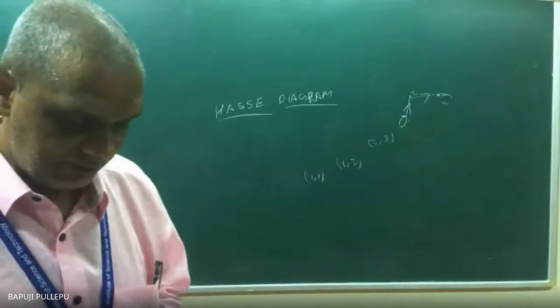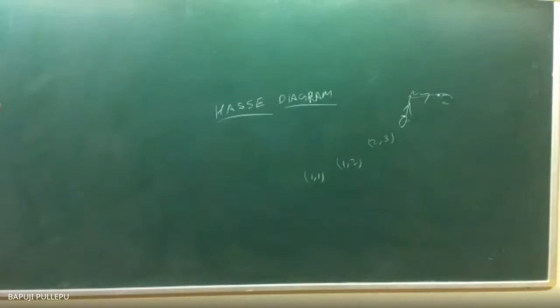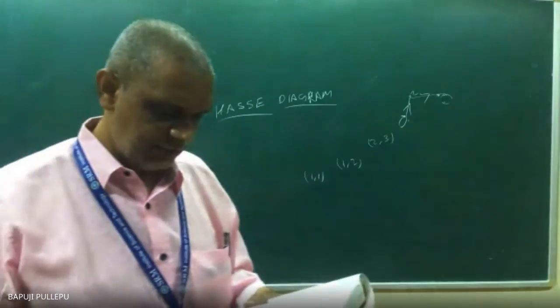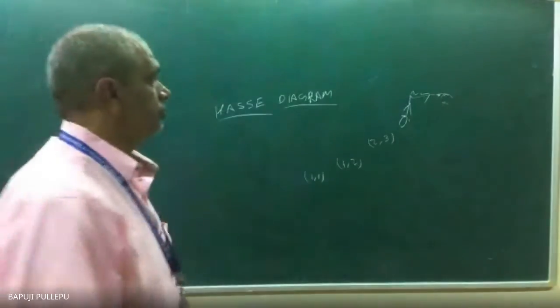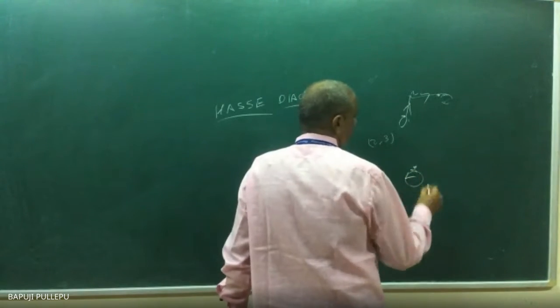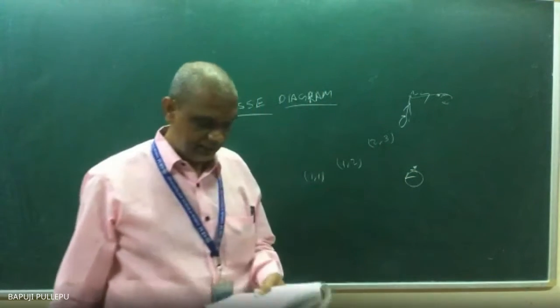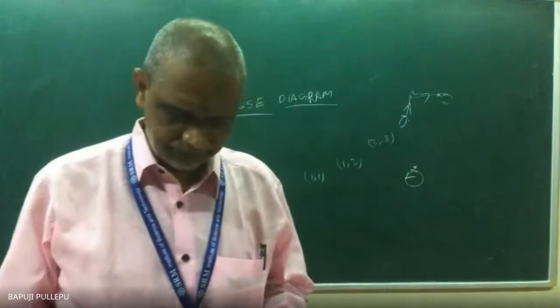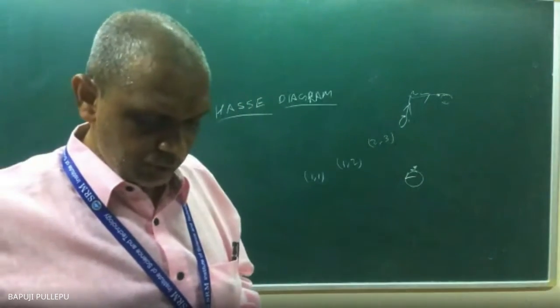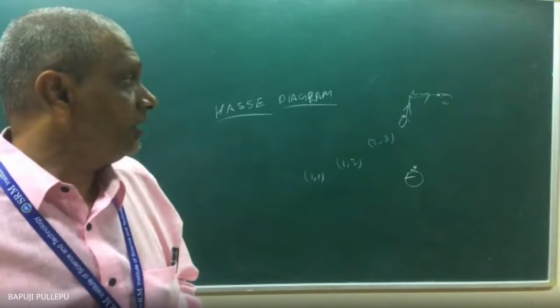The Hasse diagram works for partial ordering. Partial ordering we already decided: it is reflexive, which means the diagram has a loop at all vertices. We need not show the loops. So just put the point, and there is no need to show the loop for the Hasse diagram. Next, suppose the partial ordering is transitive. 1 to 2, 2 to 3 means what? 1 to 3 also you have to show.